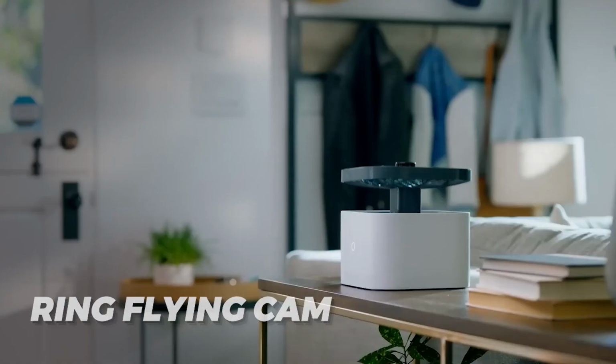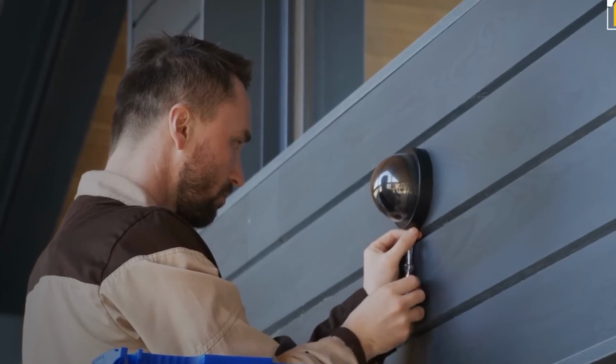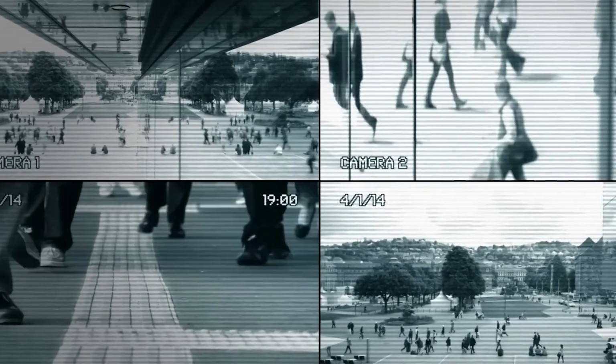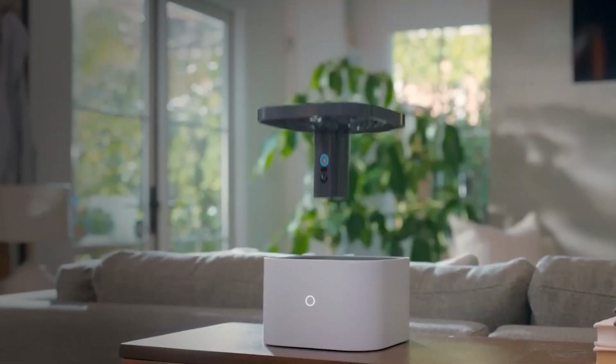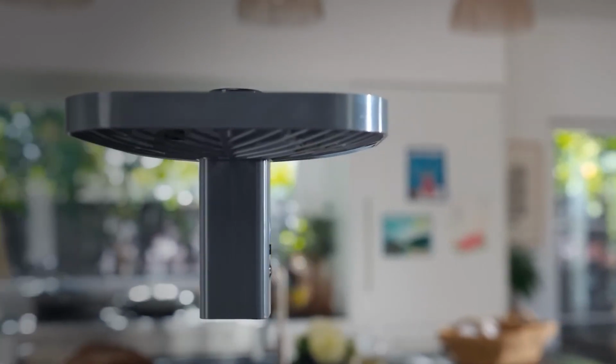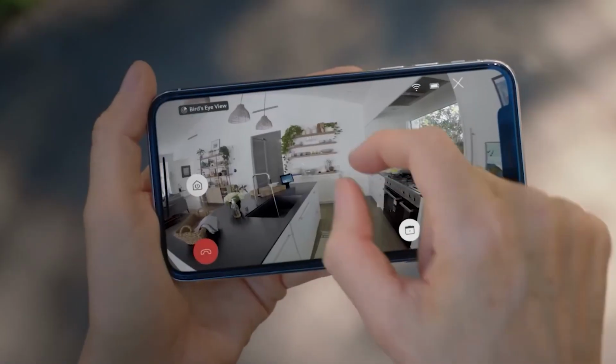Number 5. Ring Flying Cam. It's almost impossible to set up the perfect home security camera simply because there will always be blind spots. Ring has been a market leader in home security cameras for over a decade, and their newest camera might just be their best yet. This is a silent drone that literally flies all around your house looking for intrusions or